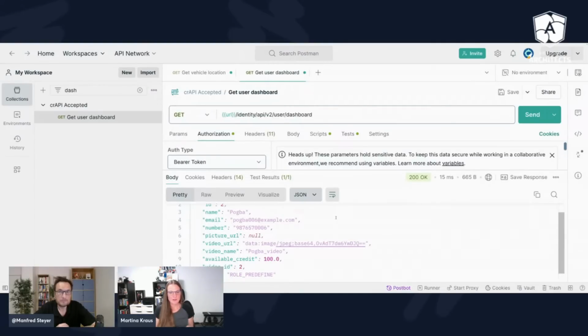If the key is really weak, or if the algorithm we've been using to create the signature is maybe just a checksum or just something really easily breakable, then the signature can easily be broken. And as soon as someone is able to break the signature and create their own JWTs with exactly the same signature algorithm and the exactly same key, the backend could never ever figure out. The backend is completely lost, because for the backend it's a valid signature.